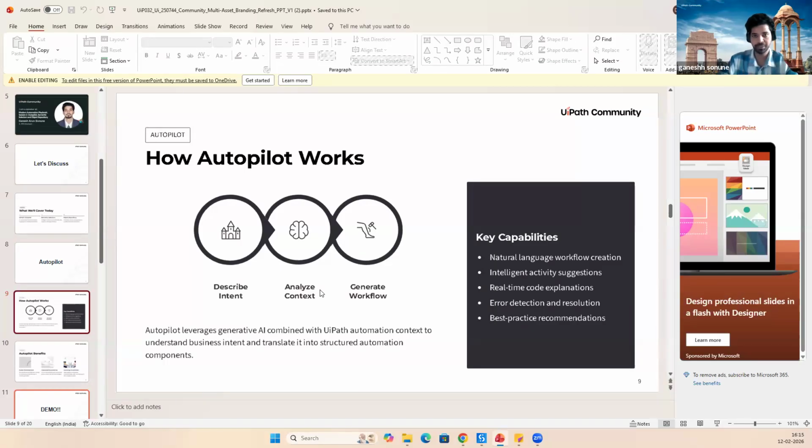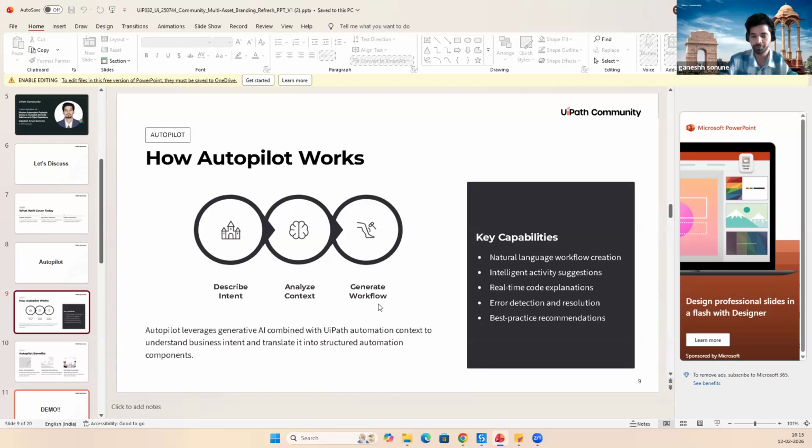I have one example. In my scenario, I wanted a business exception, and in that business exception, I wanted a screenshot. At that point, Autopilot gave me the solution for how to do that in the business exception part of the RE framework.